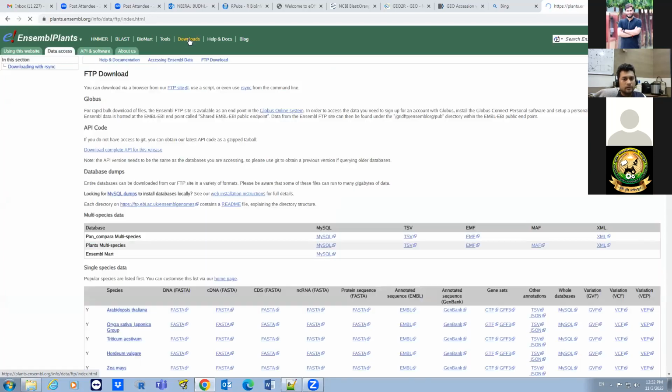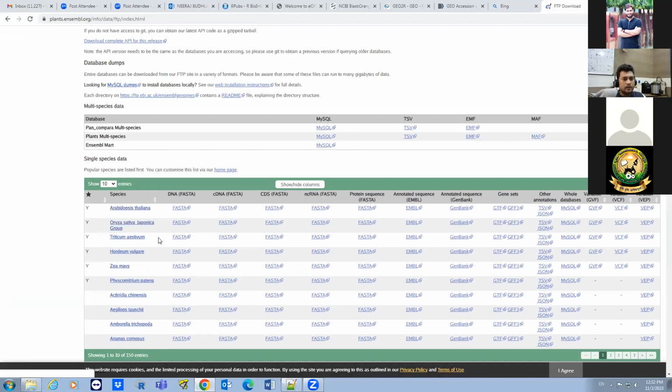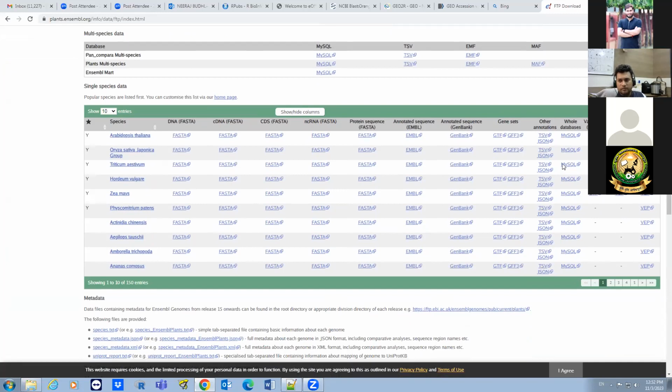If you go to the download option, you can directly see, for Arabidopsis thaliana, the FASTA sequence, cDNA FASTA sequence, CDS sequence, non-coding RNA sequence, protein sequence, annotated sequence to GenBank, and gene set. Any other number of information is available, such as variation information, VCF information.